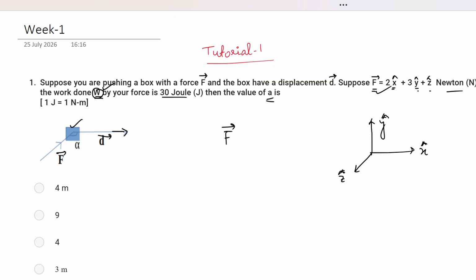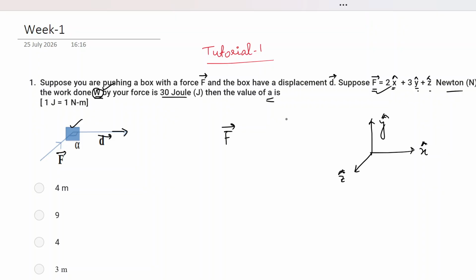So you can express your work done W as F vector dot D vector. You see that these are vectors, so I have put the arrow markers, but W is a scalar, that is why there is no arrow mark on top of it. And this is a dot product. This is not a simple multiplication, this is a vector dot product.